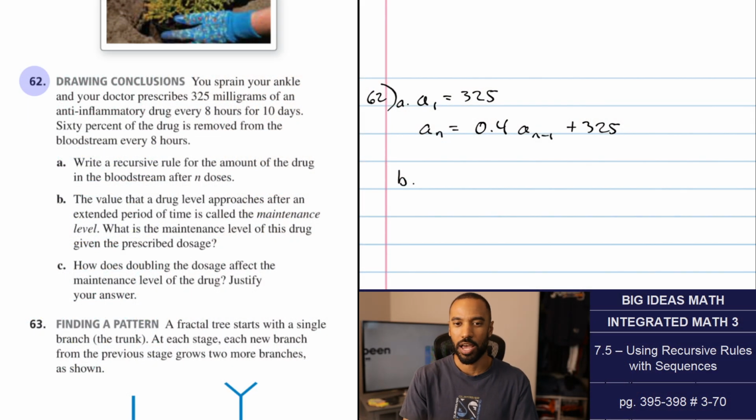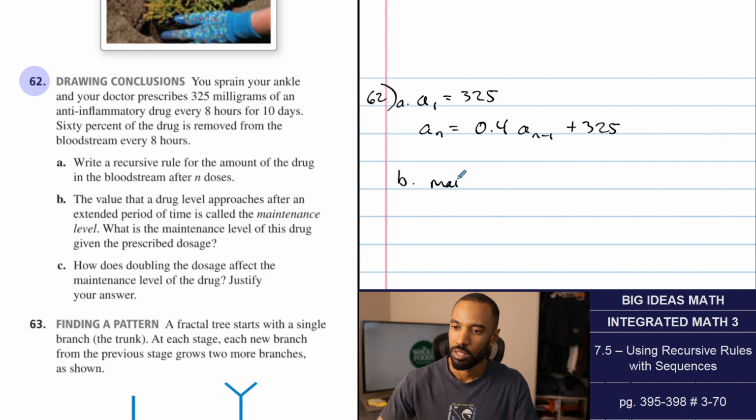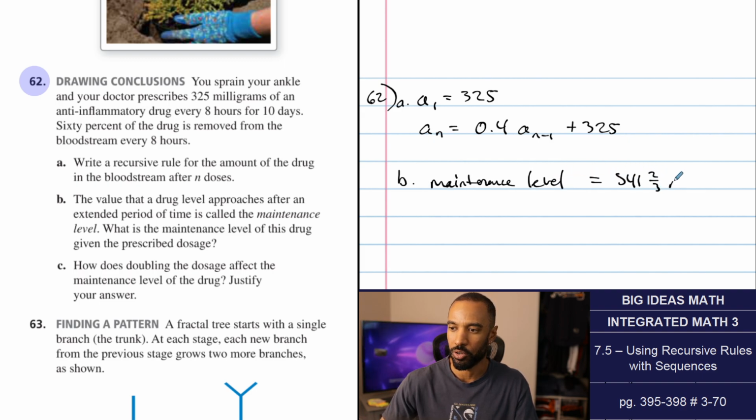Let's just use that. So we got the 325 as the initial, and we're doing 0.4 times that previous answer plus an additional 325. So let's explore that, just hitting enter a bunch of times and see what it's going up toward. Oh, look at that. 541.6, so like 541 and 2/3. So over time, I didn't know that phrase, maintenance level. Maintenance level equals